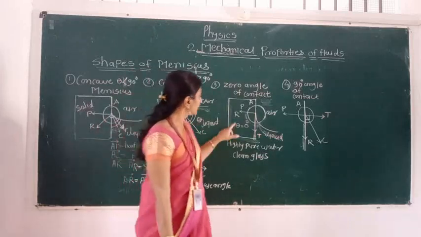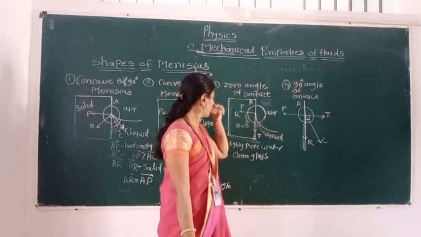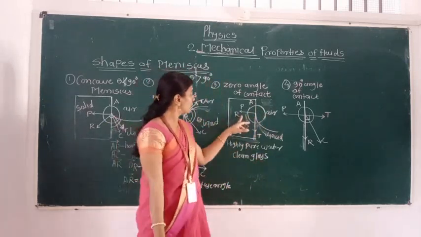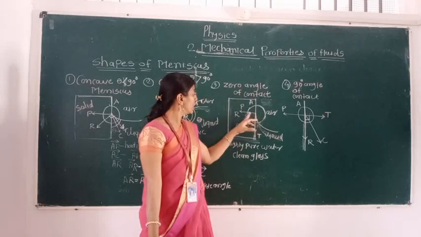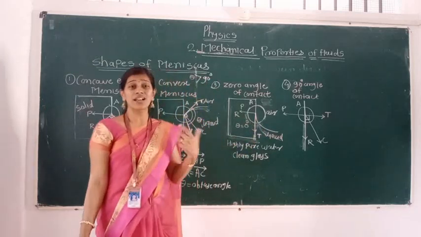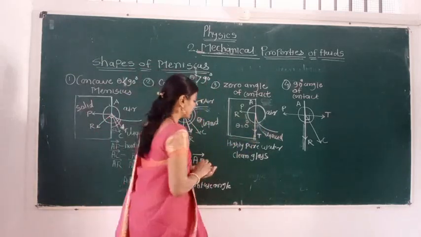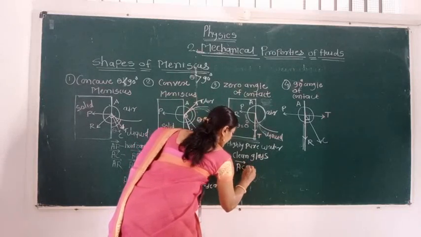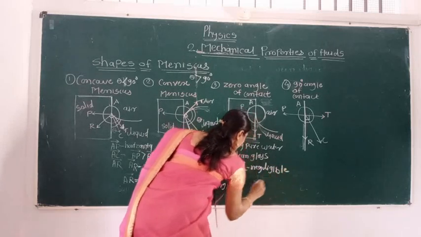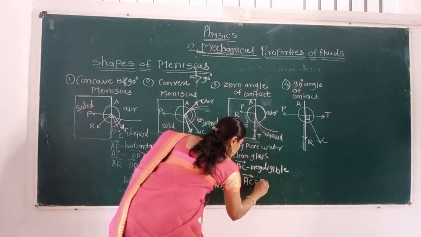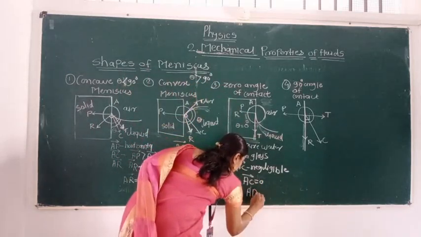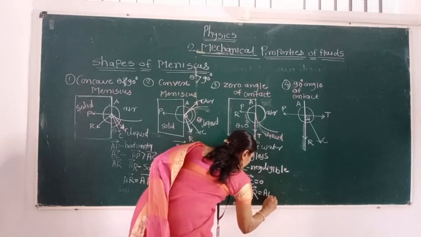Here we can say the resultant force on that molecule, only adhesive force is present there. Adhesive force which is horizontal to the molecule A, it is shown. Near the wall of that container, the number of molecules is less. So here that cohesive force is negligible. Due to this reason, cohesive force is equal to 0. And here we are getting the resultant force. That resultant force is that adhesive force. AR is equal to AP.